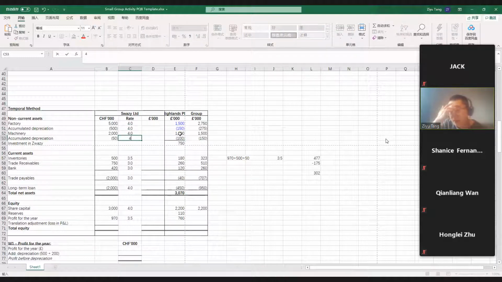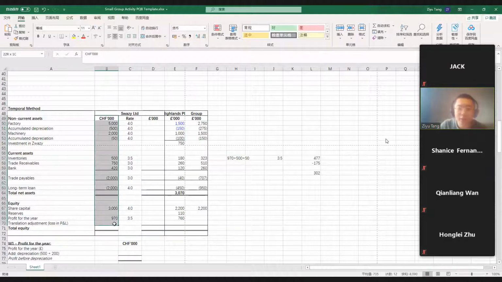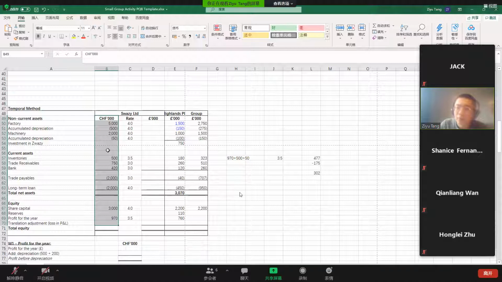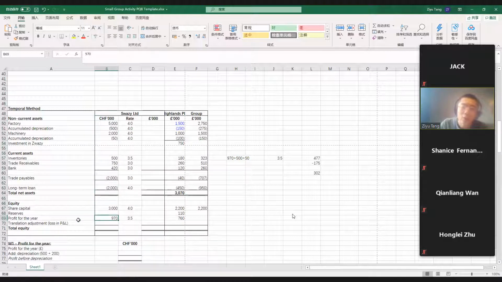Which means that before the translation, if you see it all in CHF, the profit for the year is calculated in CHF, basically at the closing value, right? When you calculate the profit for the year in CHF, for example, in the income statement,